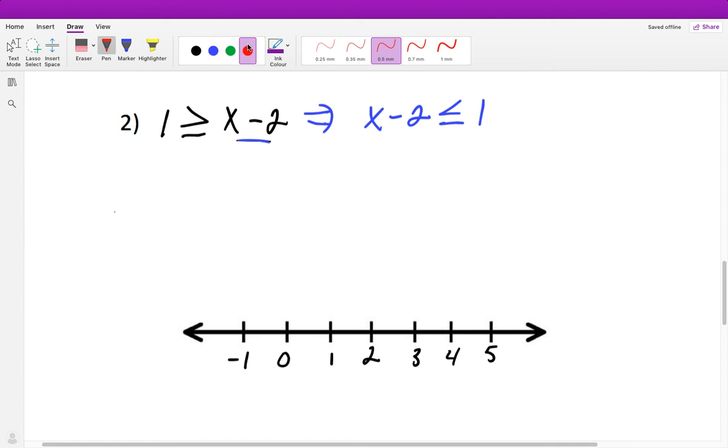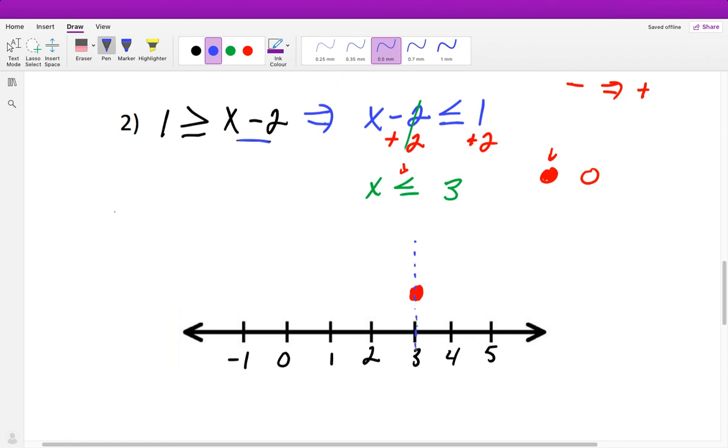First thing we do is say, what is being done to our variable? Well, subtraction. And subtraction has an inverse operation of addition. So I will go ahead and add 2 to both sides. We know that this is going to cancel out, and now we get that x is less than or equal to 3. Once again, is this a closed or an open circle? Well, we know it's going to be closed because it is equal to, so we will choose our closed circle. I will plot that at the point of 3,